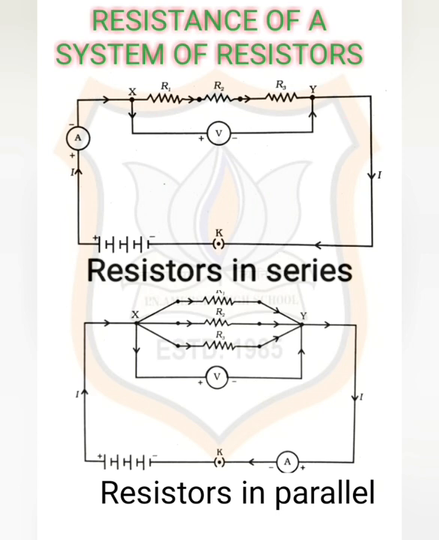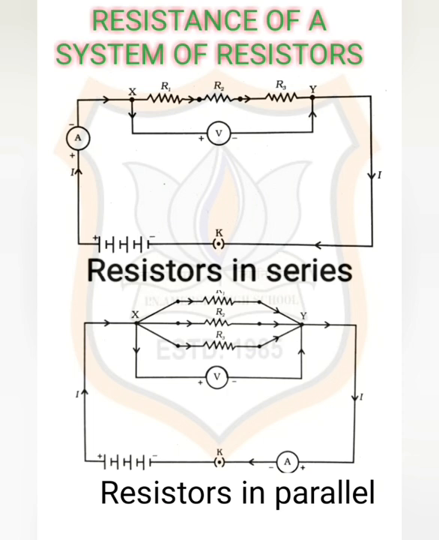Next, resistance of a system of resistors. In preceding sections we learned about some simple electric circuits. So we have noticed how the current through a conductor depends upon its resistance and the potential difference across its ends. In various electrical gadgets, we often use resistors in various combinations. We now therefore intend to see how Ohm's law can be applied to combinations of resistors.